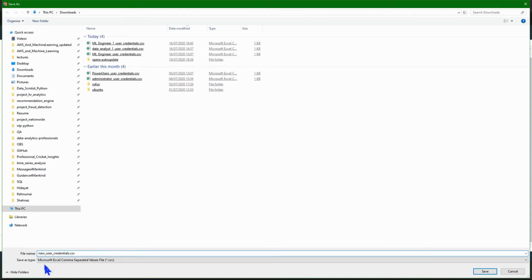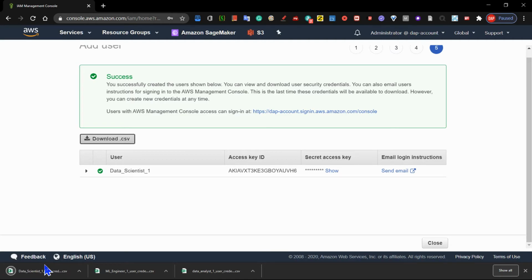Let us give some meaningful name to this. So I think this is good. You can name it as you like. I have downloaded it, or I could have actually shared it through email, but I would like to download it and keep it securely, because as an administrator you should always have records of everything. You should have a secure location where you save everything, in case you need it, because in a real business world, you need to have